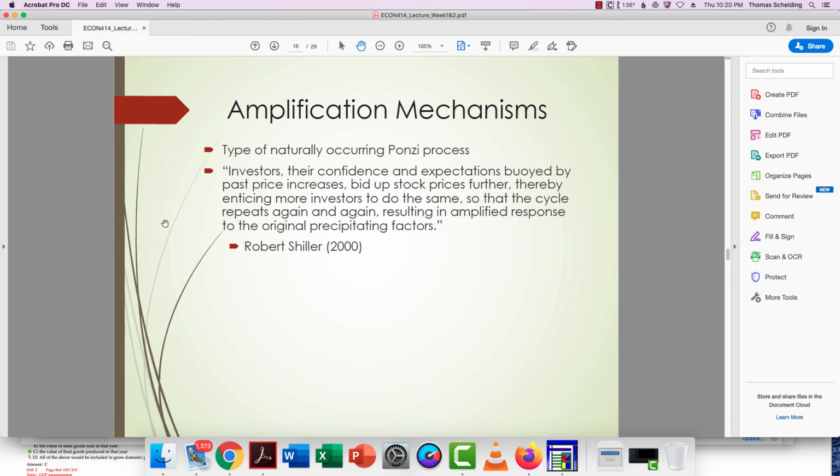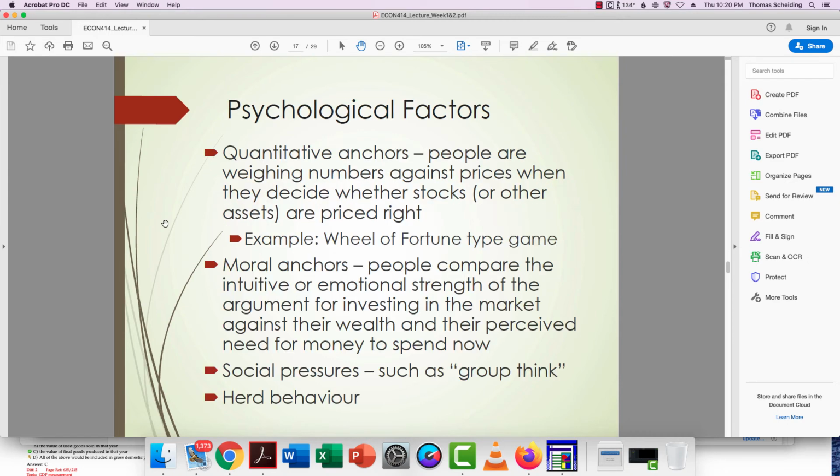And that amplification occurs in things like this Ponzi process, again, like the Madoff example, where people keep thinking it's going to go up, and so they realize they have to get in now, otherwise they're going to miss out on all the profits, right? There's never a bad time to get into the stock market, these days at least, and so that's fueling part of this. Then there's also psychological factors, right? And this would be the fact that if everyone's doing it, then I need to do it too.